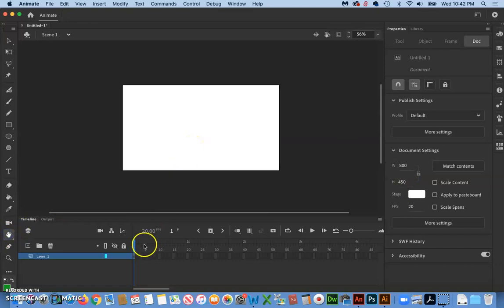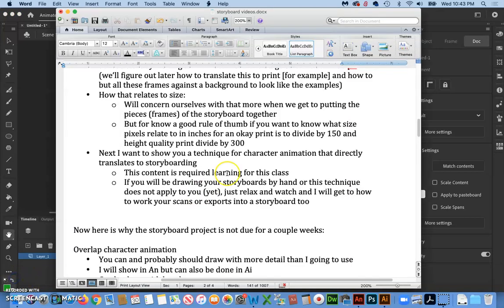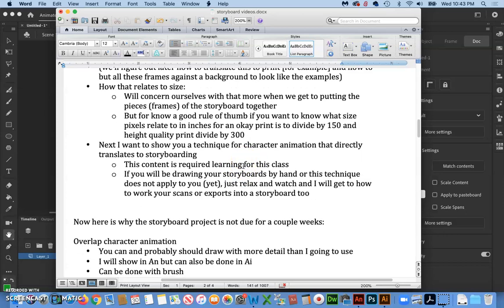And now literally we could just simply draw what is going to happen on each frame of our storyboard, one frame after another in this program, and export it. And then take each one of those exports, say there's 20 of them, put them all together on a storyboard, and we're good. But not only am I going to show you that, but I also want to show you